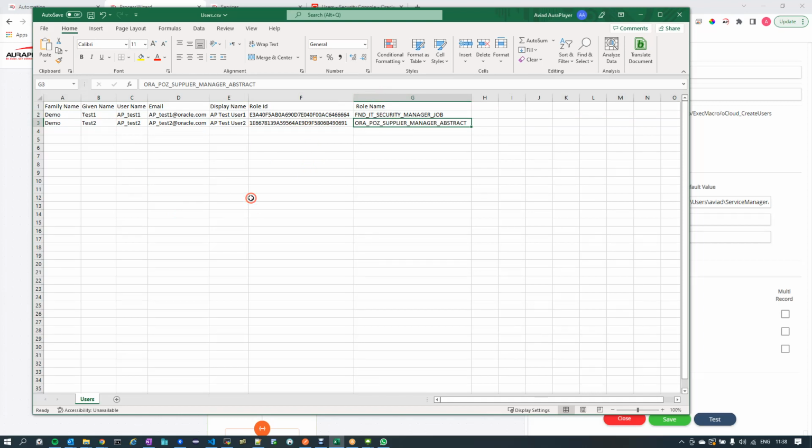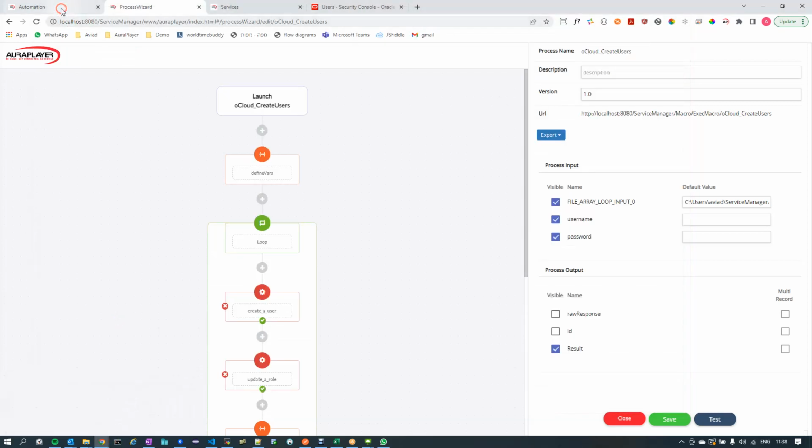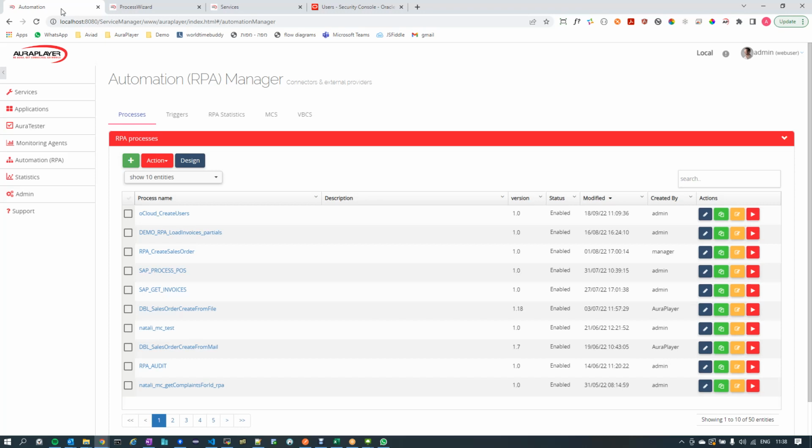So let's see how it works. To activate an RPA in AuraPlayer Service Manager, there are a few ways to do that. We have the option to run it in an unattended way, which means that it can be run through a scheduler or by sending an email to the system. And there is also the option to run it in an attended way, which is the one that we will demo in this video. So to do that, we will just go to our RPA table, which is here in